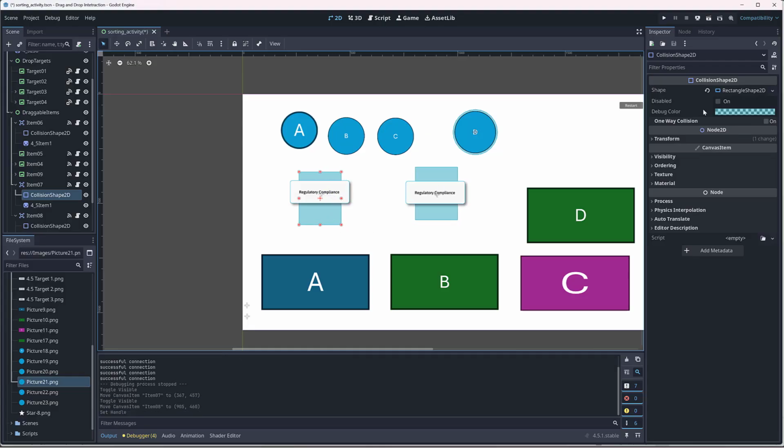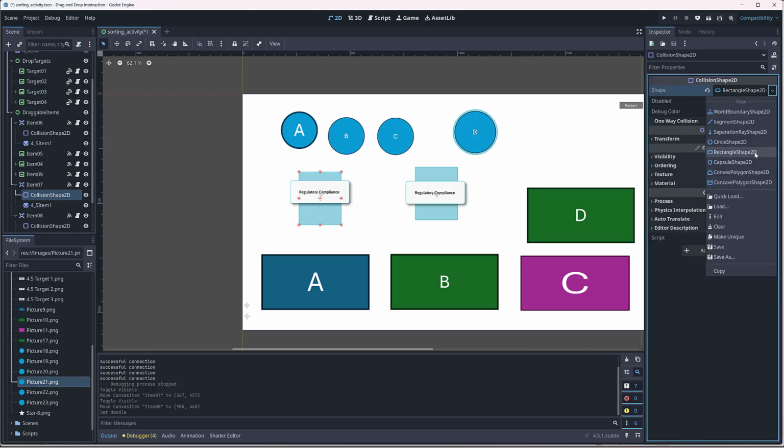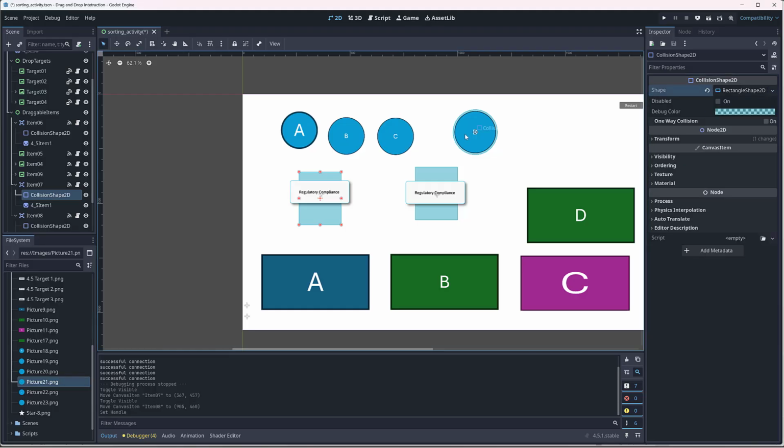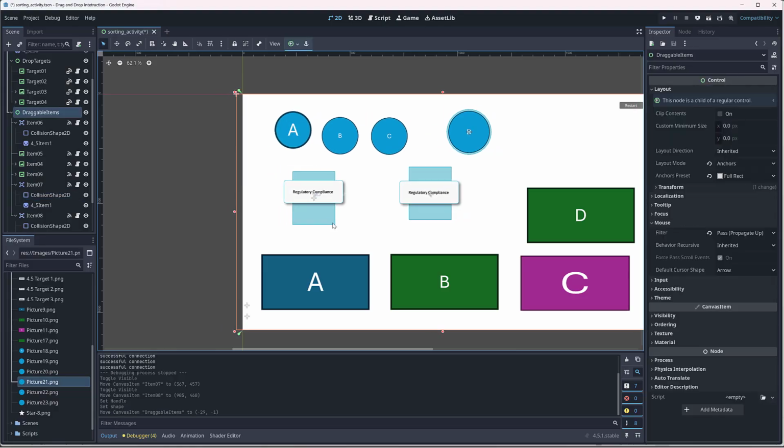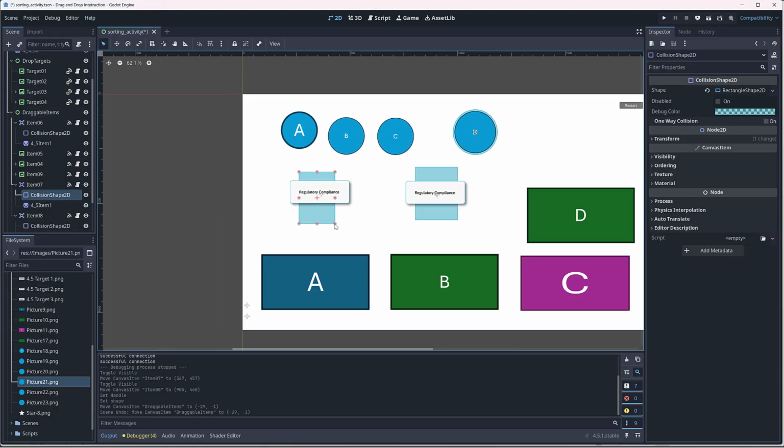But one way to get around that, if you have multiple different shapes and you just did duplicates, you can either reset and then create a new rectangle shape, and this goes with circles as well, or you can click here and then Make Unique, and then when you move this, move that back. So when you change the shape to this, it's unique to this collision shape here, and it doesn't share any properties with these other ones here. But again, we are going to